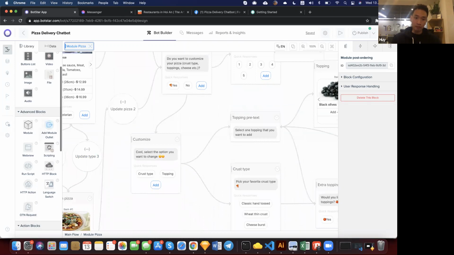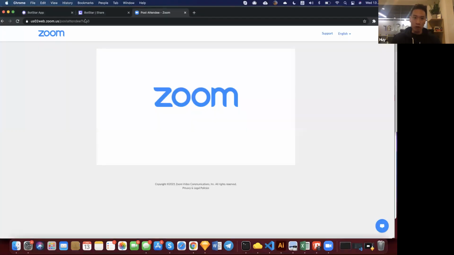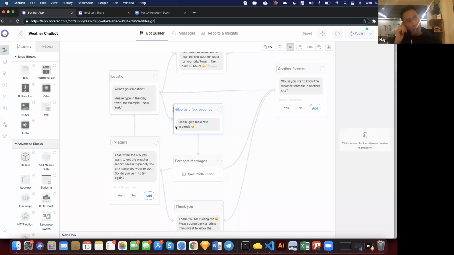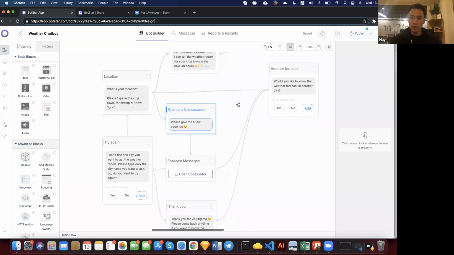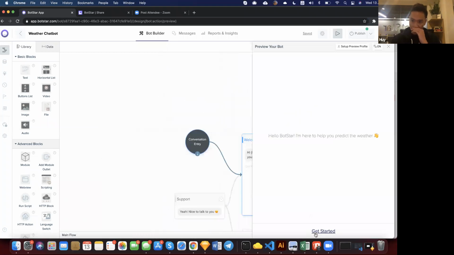I want to showcase to you guys another bot. Let me open it. This is called weather bot. In this, let's see what this bot does. Yeah, it will ask me for